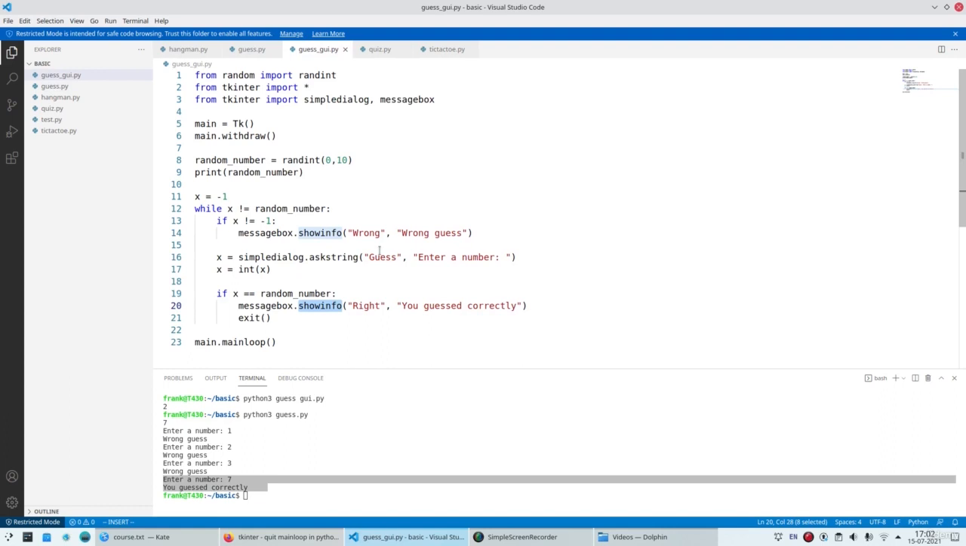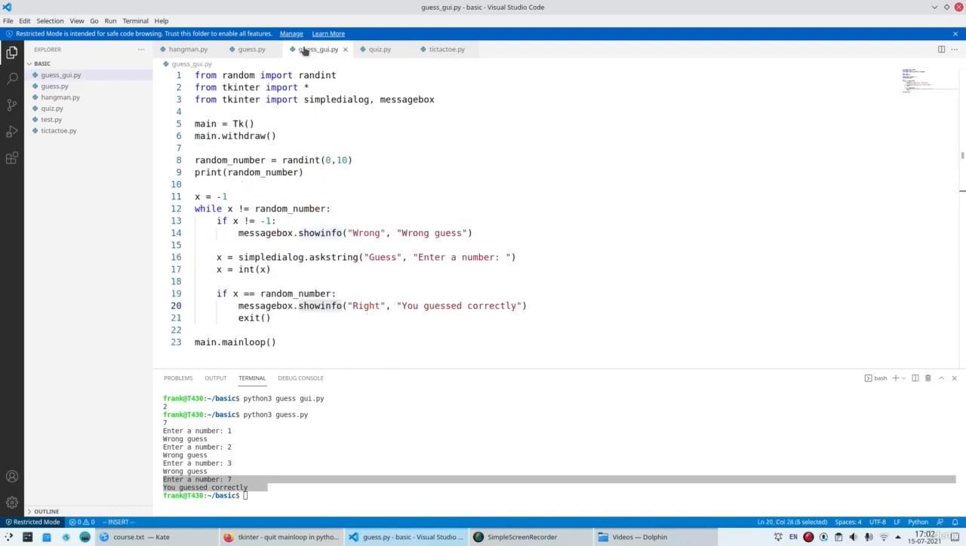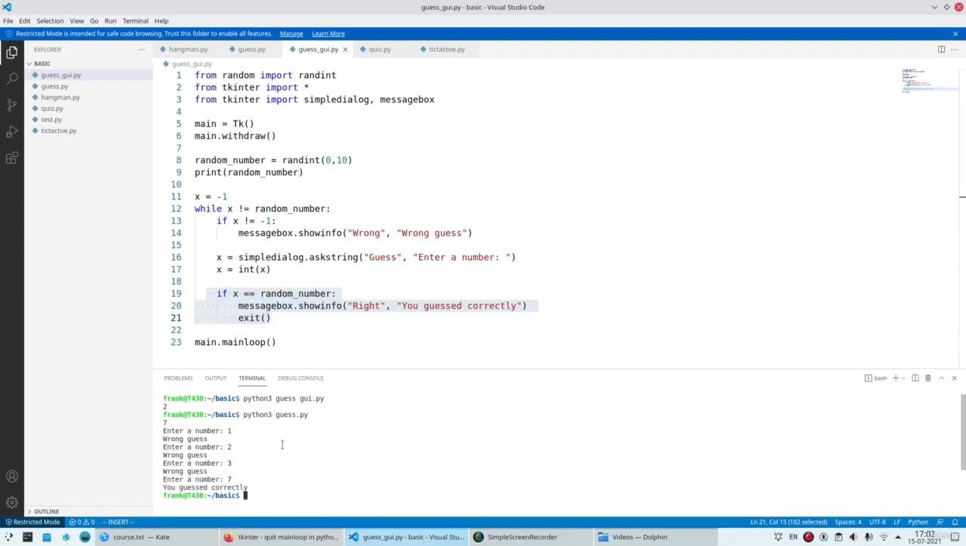So that's just output. Then as input, instead of calling the input function, we call simpledialog.askstring, which is also part of tkinter, with the title and the text. And then we convert that string into a number. And if the number is correct, it shows the output and exits. So if we run the program,